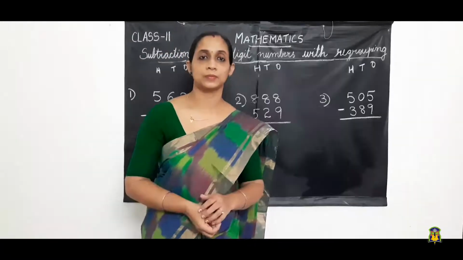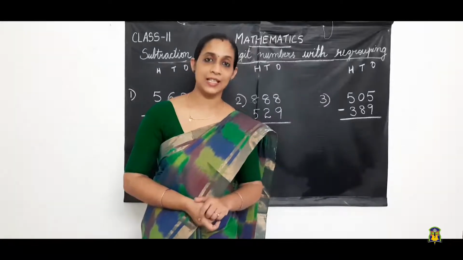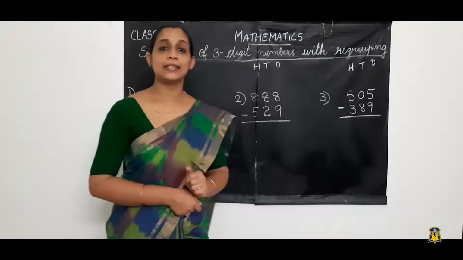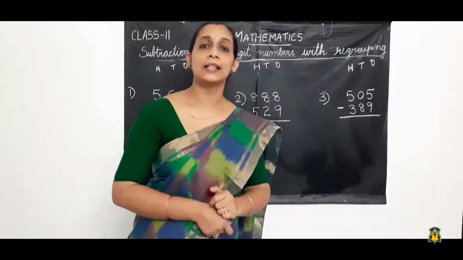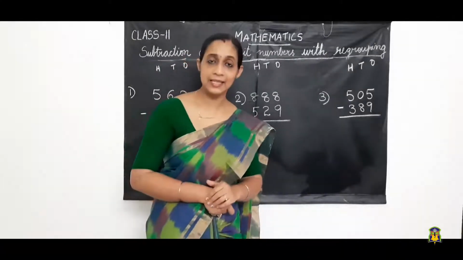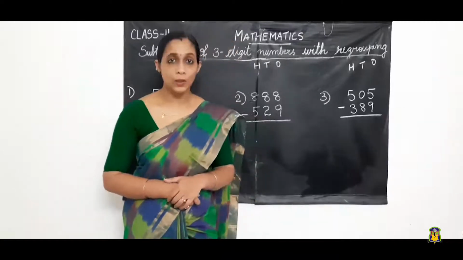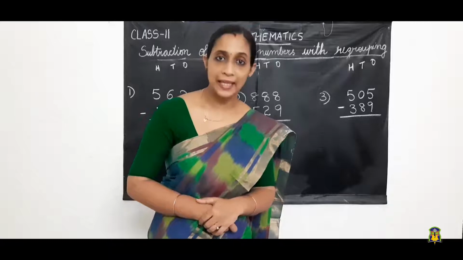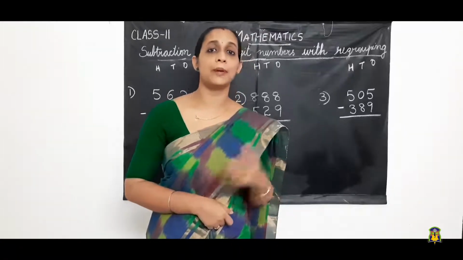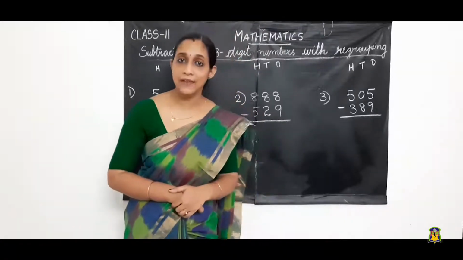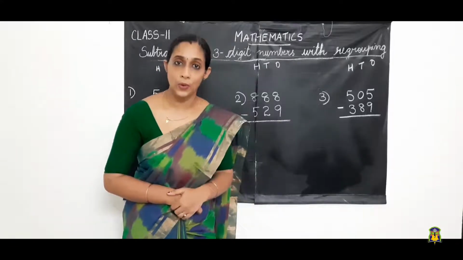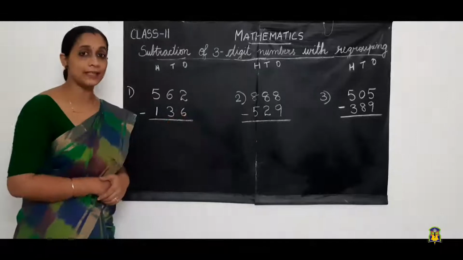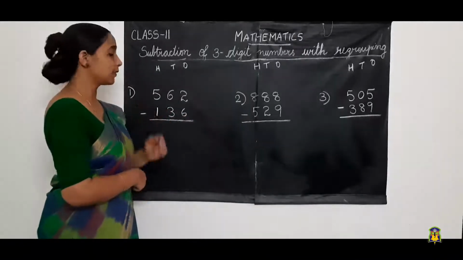Okay. So children, now let's see our next topic, that is subtraction of 3-digit number with regrouping. That means we have to use the borrowing concept. Subtraction is only possible from a bigger number. Okay, if the number is smaller, then what we have to do? We have to borrow. That is called regrouping. Okay, so let's do the first problem. Here we have the numbers